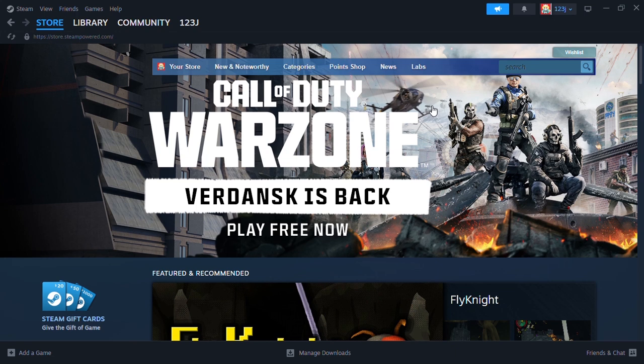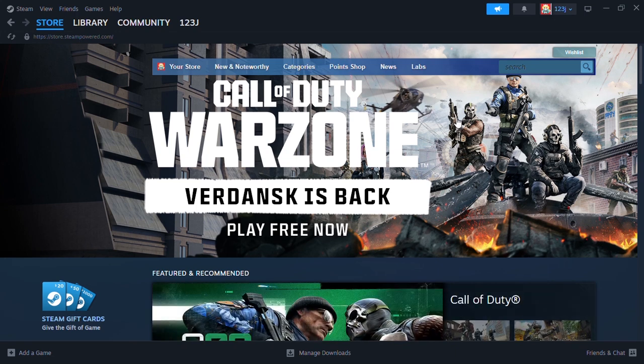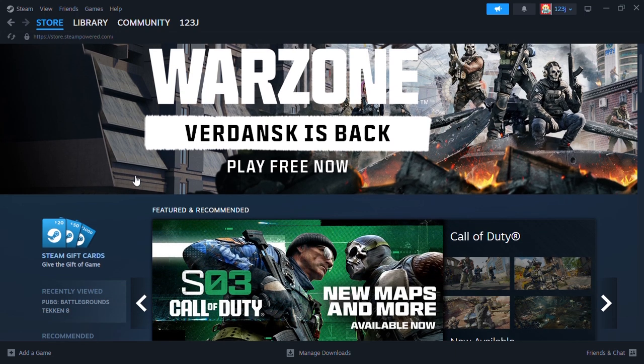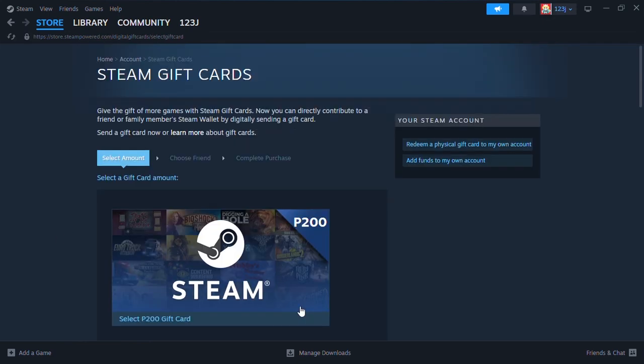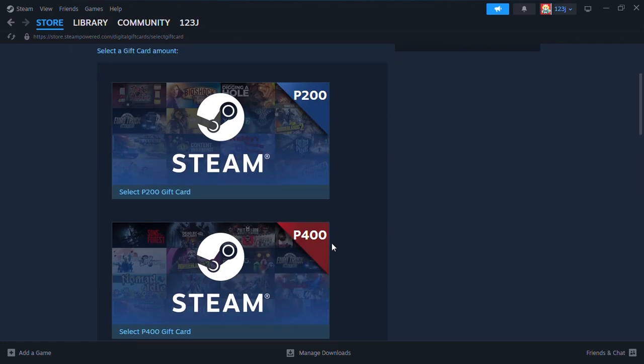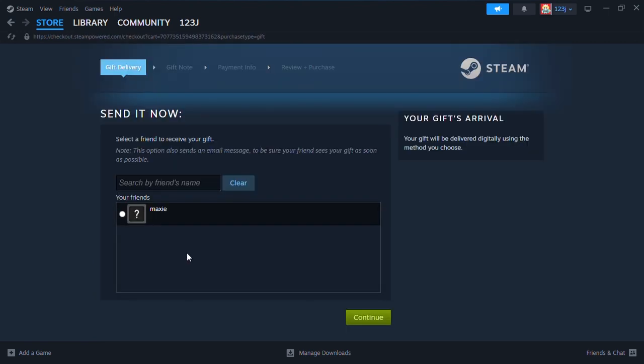Now in the homepage, scroll down and navigate to the Steam gift cards at the left content. Click send a digital Steam gift card. Now in here you need to select the amount of your gift card. And after that, you need to choose a friend whom you want to give the gift